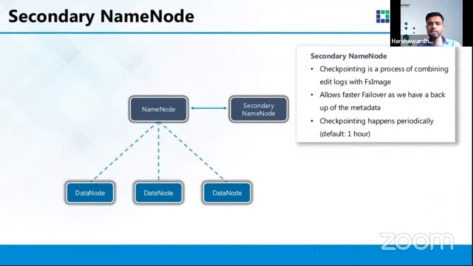But is it something where, if the name node goes down, then this secondary name node will take care of the cluster and become a controller or something like that, or become a master? No. There is another configuration for that. We need to understand that in Hadoop 2.x and so on. There you will understand these concepts.